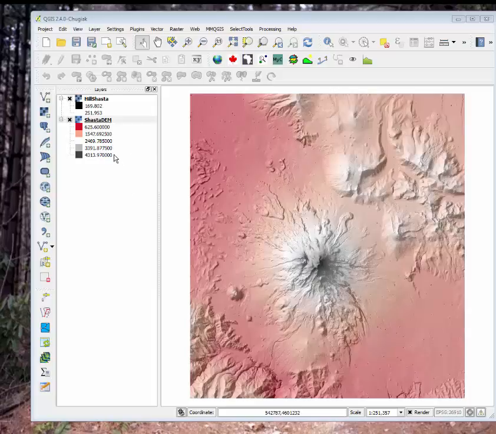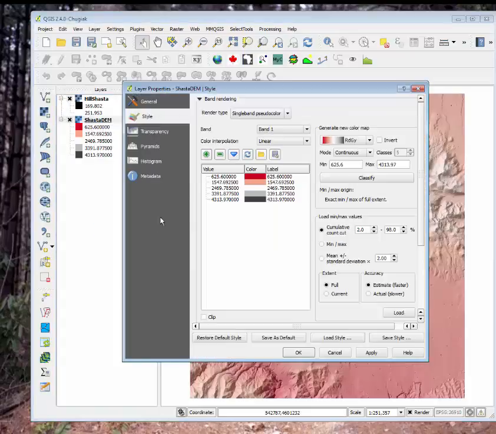Now the first thing you do in this part of the assignment is you add the Shasta DEM and you derive a hillshade. And we've talked about that before. You add it, get the name right. Now I've gone in and changed the properties a little bit, changed it to single band. I made sure I was doing the minimum and maximum, and loading that to actual, so I get the actual values.